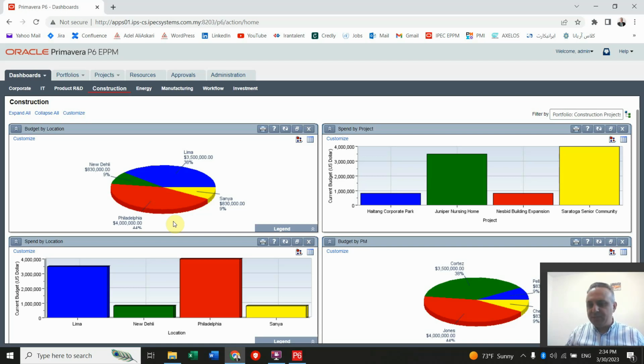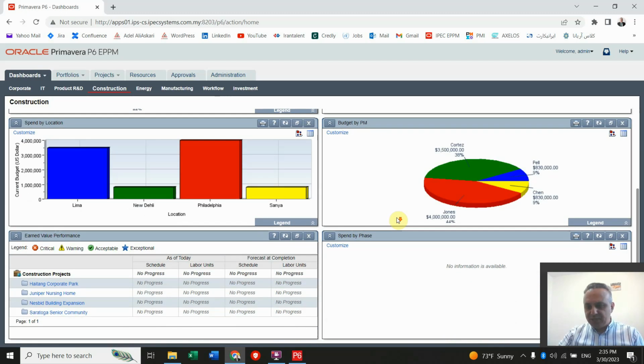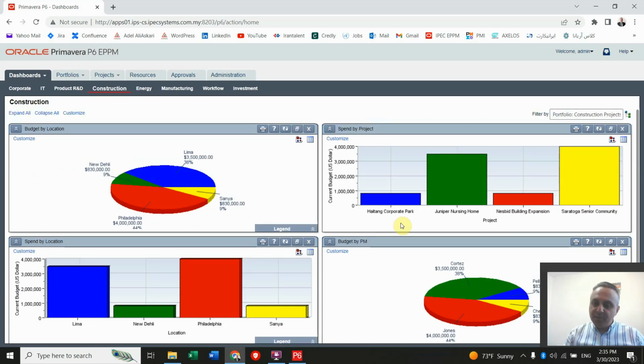Each dashboard is a mixture and combination of the boxes that are called portlets, and the information on each portlet is customizable and definable by the users. For example, the list of dashboards that you can see here is defined by the administrator of the system, and each element in these dashboards is also customized by the administrator based on the requirements of the viewer of